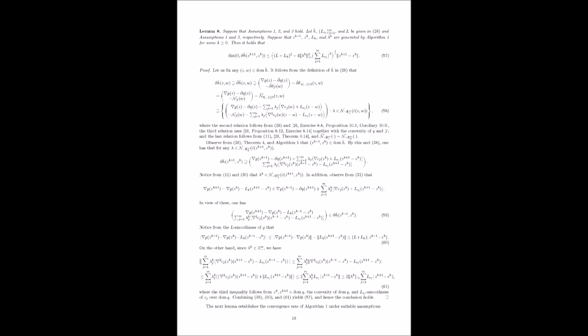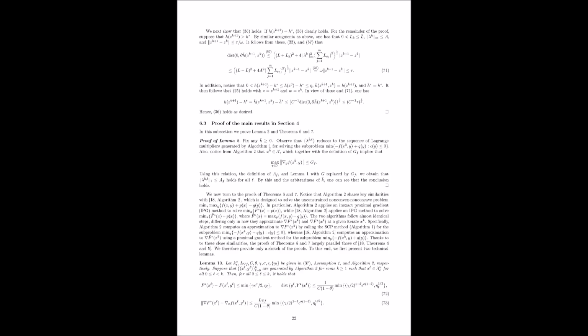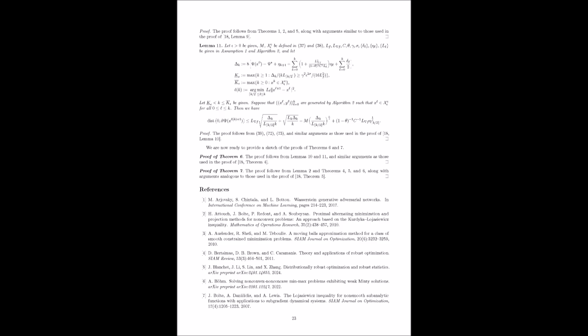Precisely. Lemma 10 confirms that the inexactness introduced by using SCP as a subroutine is controllable and diminishes sufficiently fast. Okay, with Lemma 10 establishing the validity of the inexact step, Theorem 6 gives the overall iteration complexity bound. This is the number of outer IPG iterations, calls to SCP, needed to find an epsilon stationary point. Right. The formula for K looks complicated, but the dominant term involves epsilon raised to a negative power. Let's focus on that exponent. So the convergence rate is determined by the maximum of two exponents related to the KL parameters. The first is 1 over theta minus 1, coming from the Holder smoothness of the error. The second is sigma over theta, coming from the localization definition in the KL assumption.